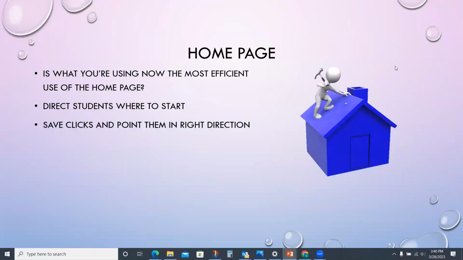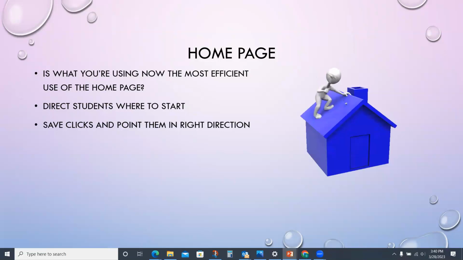The next thing that I just want to talk about a little bit is your course homepage. So really, you can use pretty much anything in Canvas as your homepage. You can keep your modules as your homepage, and that's perfectly fine. You could create your own page with other links, with a description of the course. Some instructors might have a little bio about themselves.